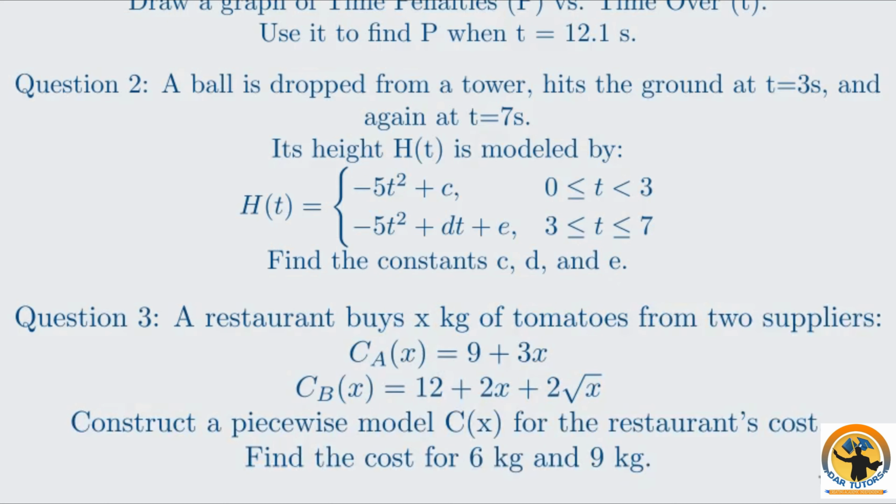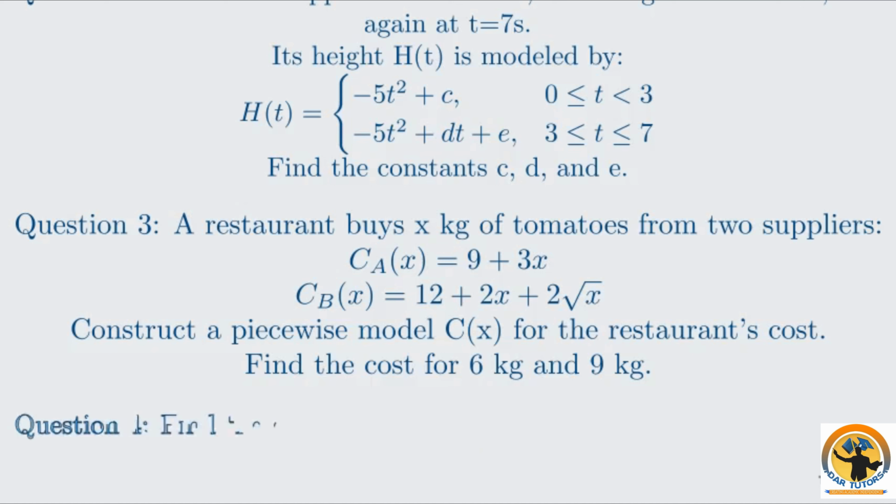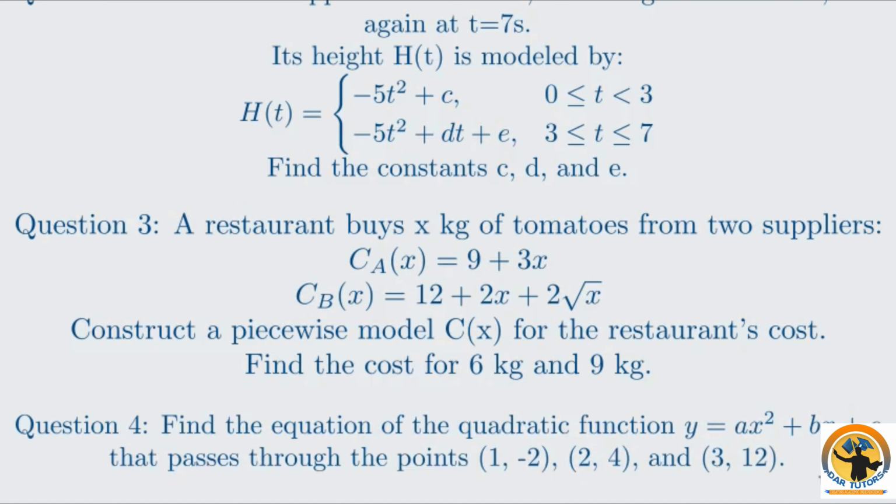Question 3 presents 2 possible cost functions for a restaurant to order tomatoes. The restaurant always chooses the cheaper option. You need to construct a piecewise model for the total cost and then find the cost for 6 and 9 kilograms. Question 4 asks you to find the equation of a quadratic function that passes through 3 given